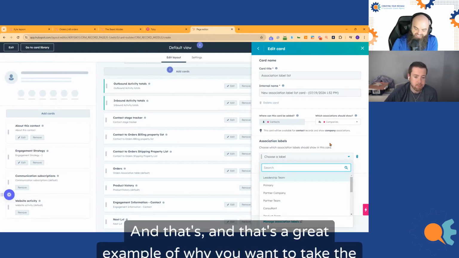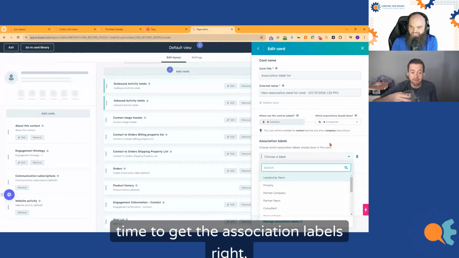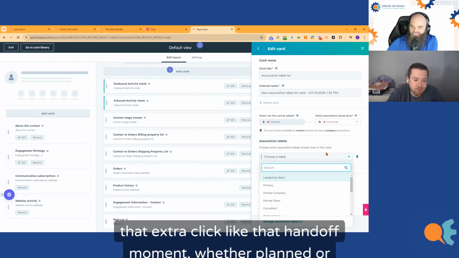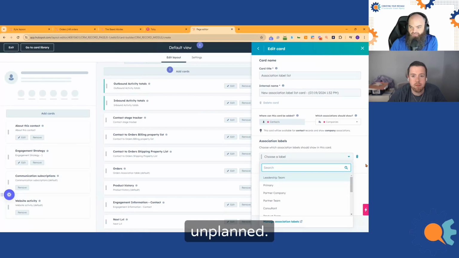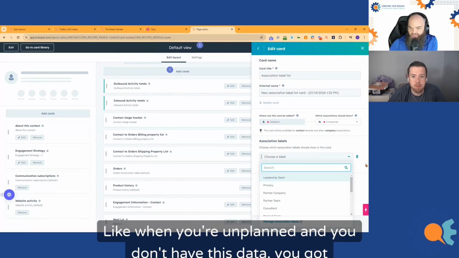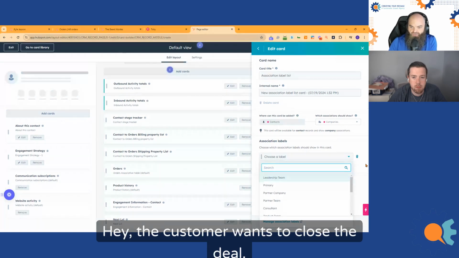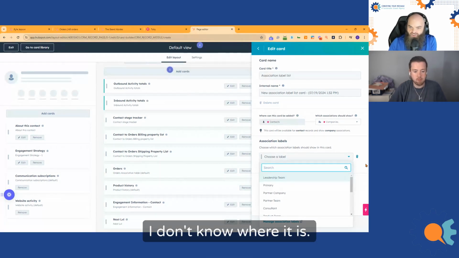Yeah. And that's a great example of why you want to take the time to get the association labels right, especially for that salesperson who might be trying to avoid that extra click. Like that handoff moment, whether planned or unplanned. When it's unplanned and you don't have this data, you've got internal calls and emails flying all over the place. Hey, the customer wants to close the deal. I don't know where it is.